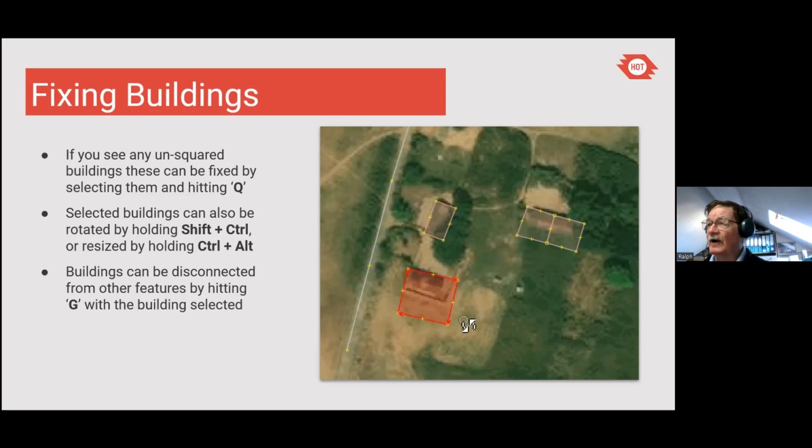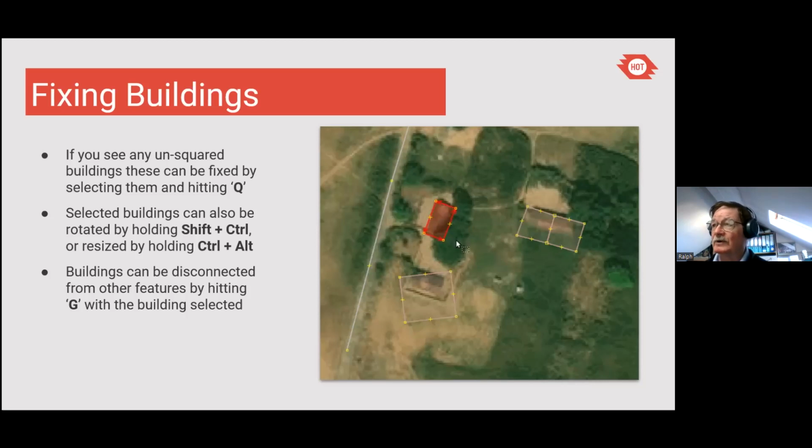Now it resizes it over its center, so it will reduce down within itself. And then you can use the Extrude tool that we showed you earlier to just tweak and move. But before you use the Extrude tool, please make sure that the building is squared. So press Q on your keyboard before using the Extrude, or it will leave nodes lying all over the place